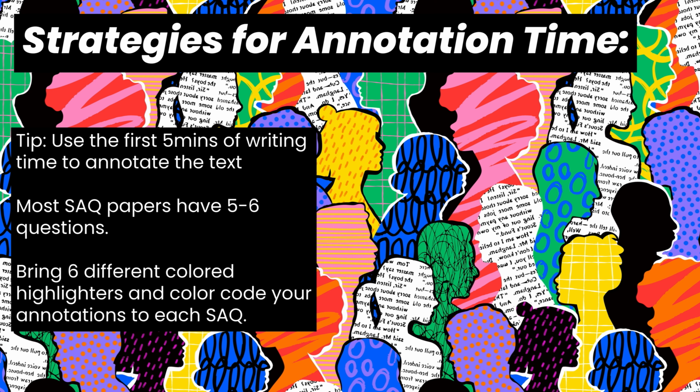The other great thing about quickly color code annotating your text is it allows you to see if you've missed any sections of the text. Now, we all know that for a short answer paper, you're not actually going to discuss every single language feature used in the short answer text. But if you've color coded your annotations and you actually notice that all of your annotations are within the first 50 lines of the text and you haven't identified any language features later on, it can be a really clear sign to you that you might just want to reread that second part of the text, or the part of the text that doesn't have any annotations, to make sure that you haven't missed any key language features.